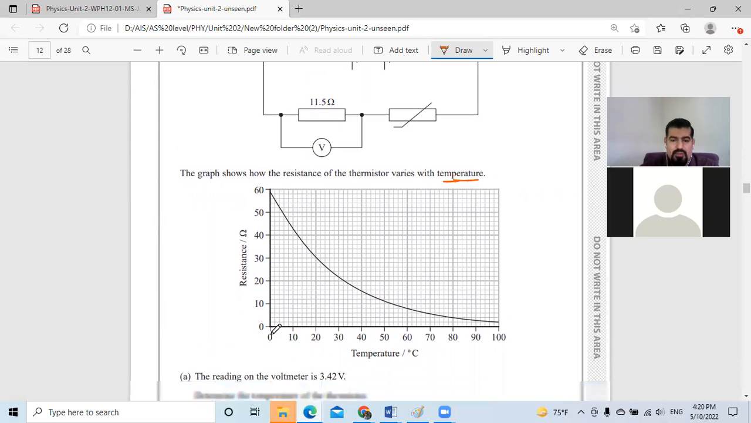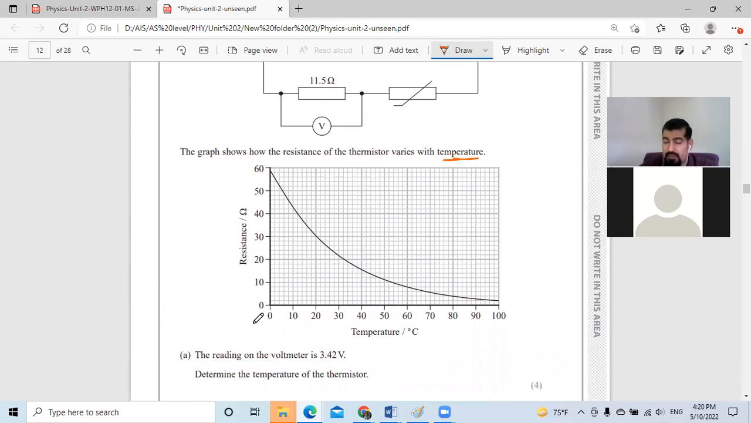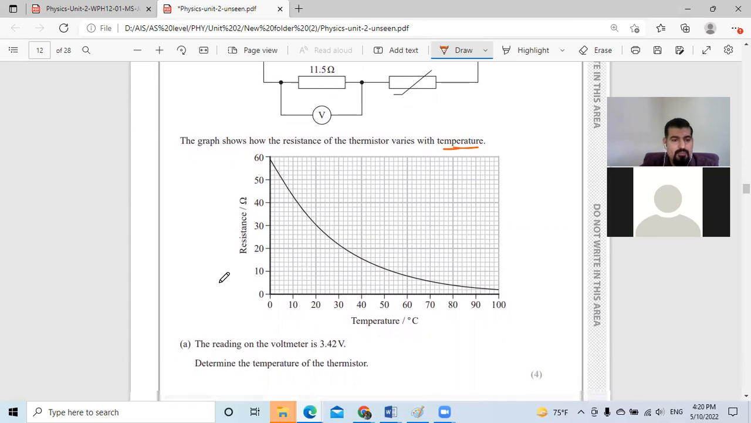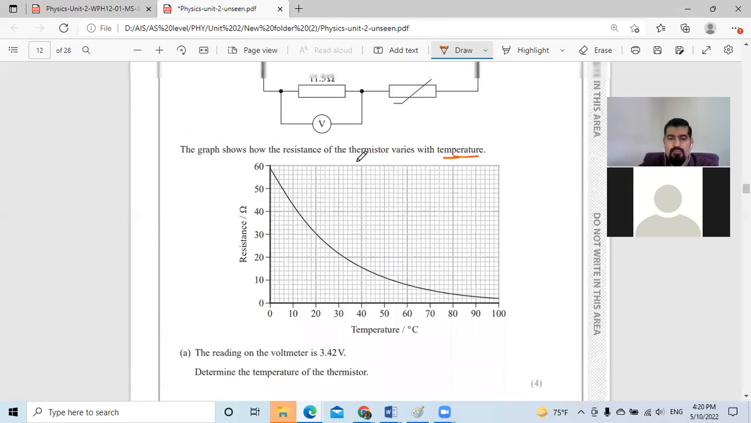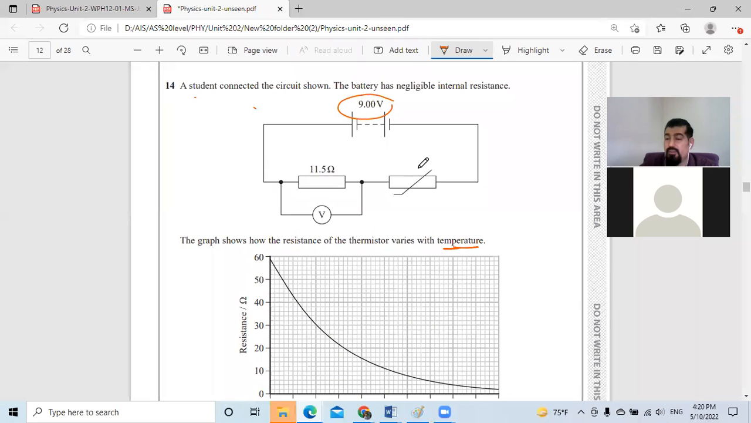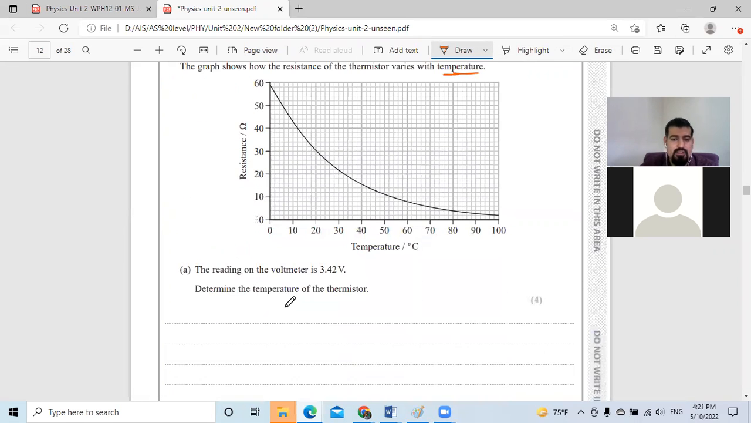With the temperature. So as the temperature decreases, its resistance what? As the temperature increases, its resistance what? Decreases. Okay. Yes, thank you. A, the reading of the voltmeter is 3.42 volt. Determine the temperature. Now again, we have to know that the 9 volt, since they are connected in series, is divided between both of them. So when they say that the voltage here is 3.42,